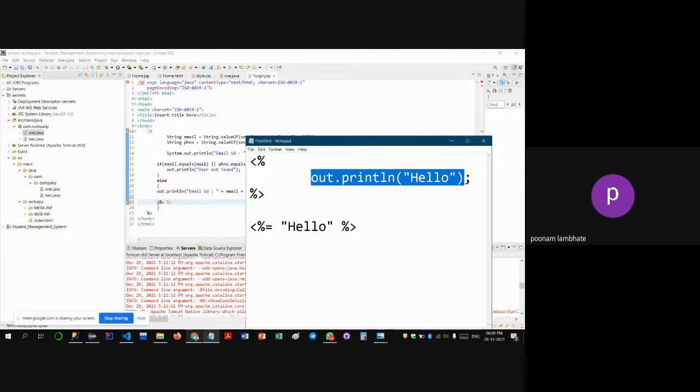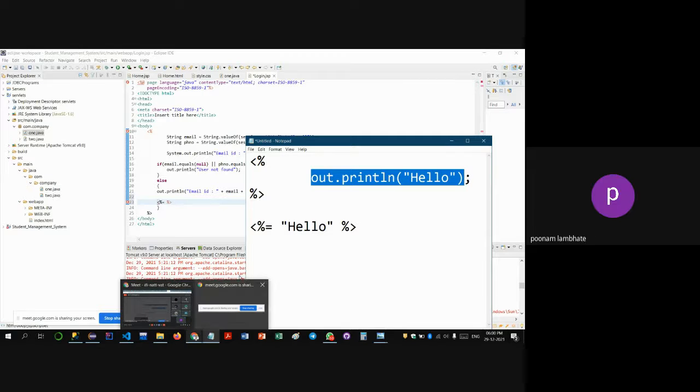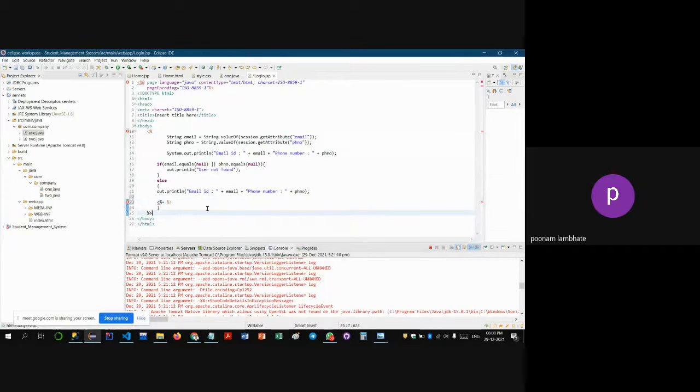Okay. So these are the basic 4 tags that will help you to write your Java code, and automatically, depending on the tag that you've used, the code within the tag will go in the proper place inside your servlet file, which is created automatically. Okay, then